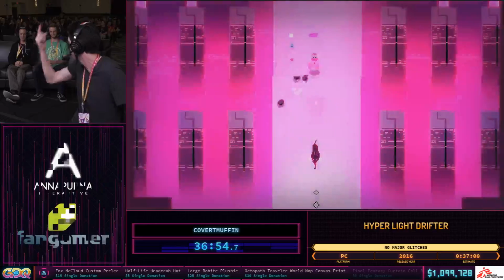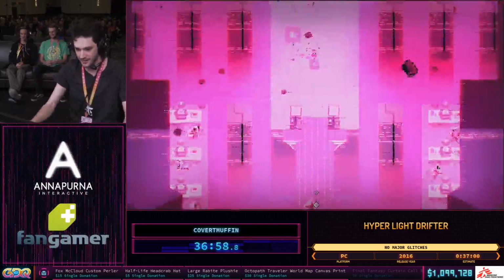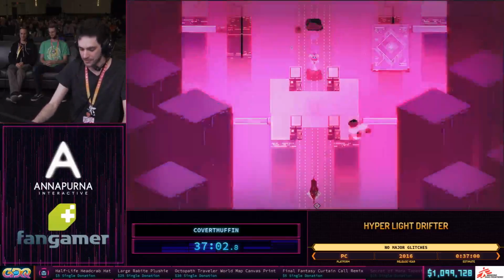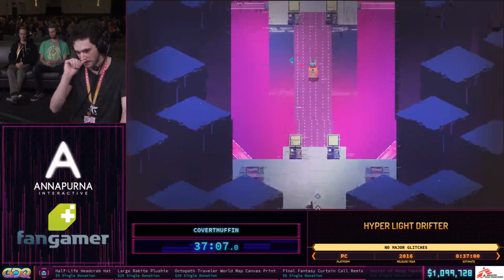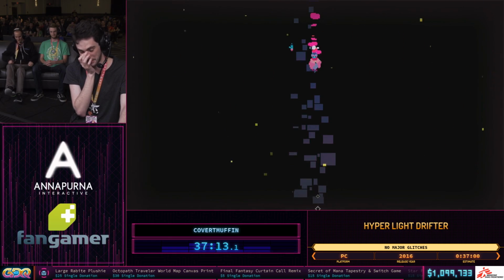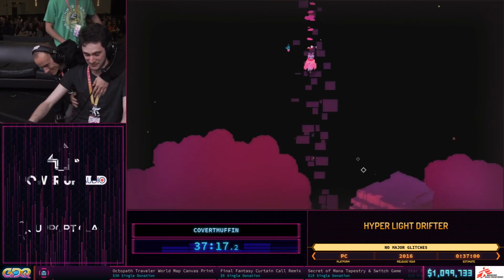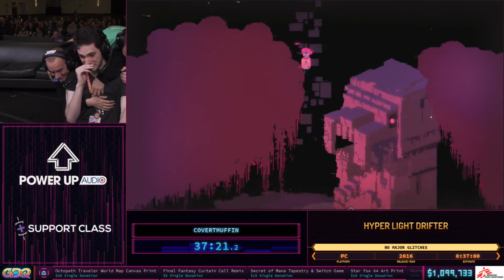Glad to be here. Can we get a cheer for these two guys on the couch? Oh. Yeah. Thank you, Muffin. Yeah, Hyperlight Drifter is one of the speed games that I put my heart and soul into. So it honestly means a lot being able to come here. Like, I didn't think I was ever going to be able to perform this in front of you guys, and so I put so much work into it, and so being able to show this off really means the world